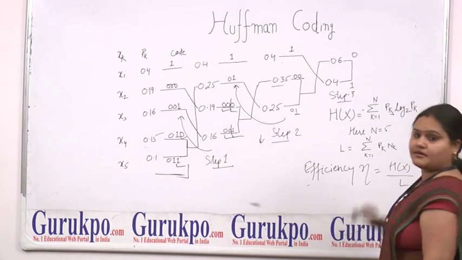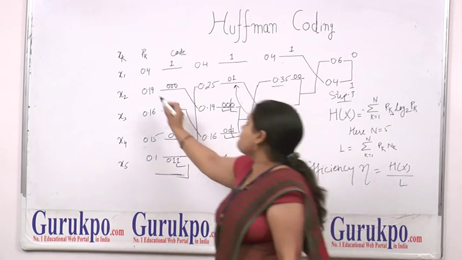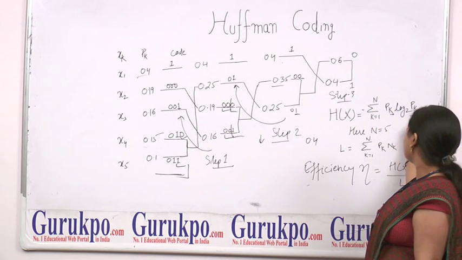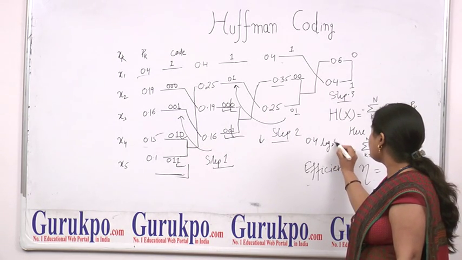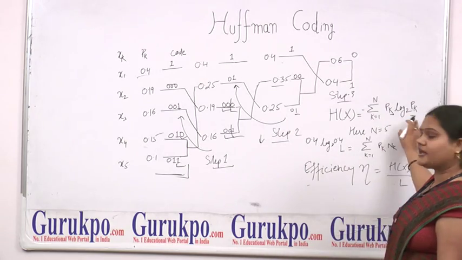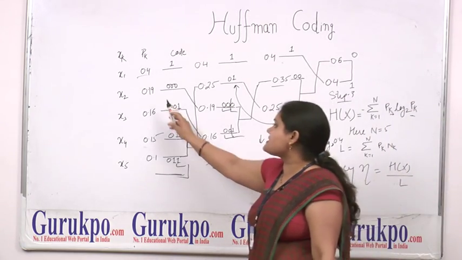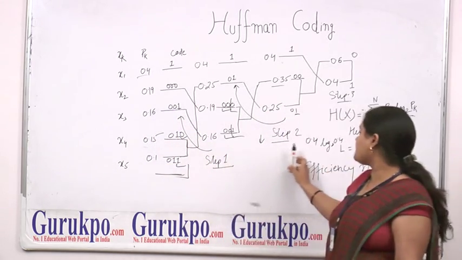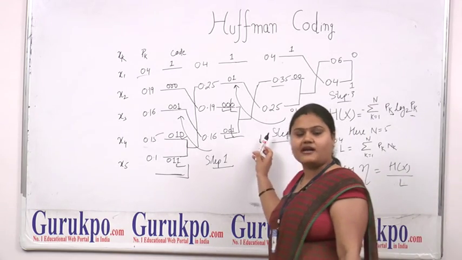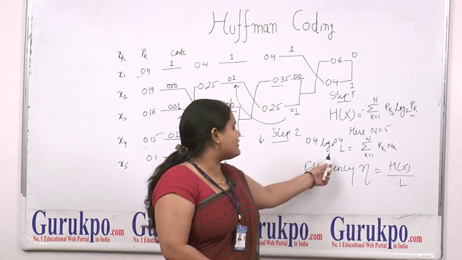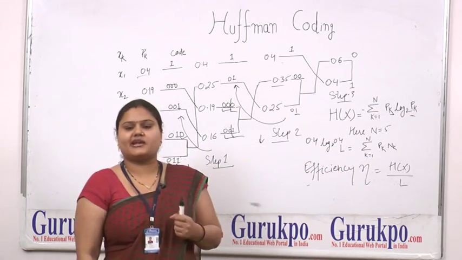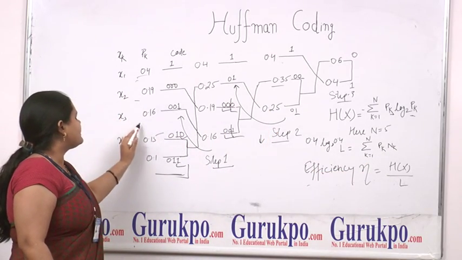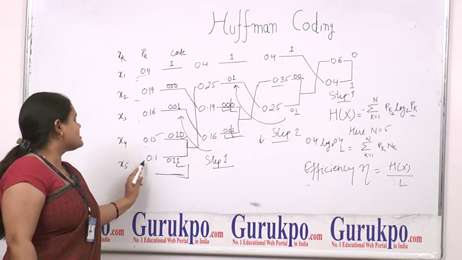To calculate the entropy, we have to calculate pk, where pk is the probability. So if the probability is 0.4, we take 0.4 and then the log of 0.4 with base 2, and we continue up to 5 terms, where the other probabilities are 0.19, 0.16, 0.15 and 0.1. We add all of these, and this is called the entropy. What is the value of L, or the length? Length should be calculated as follows. We know the probabilities: 0.4, 0.19, 0.16, 0.15 and 0.1.